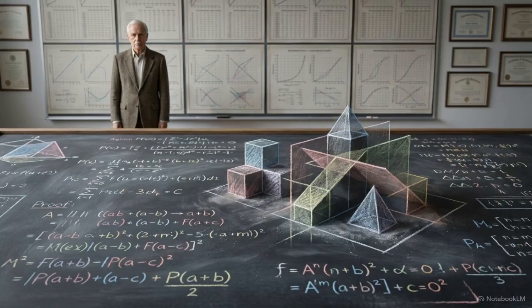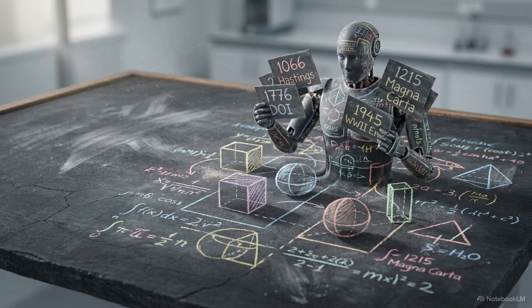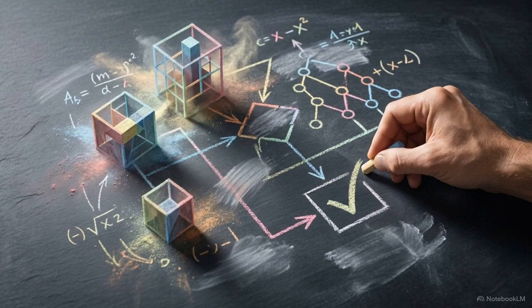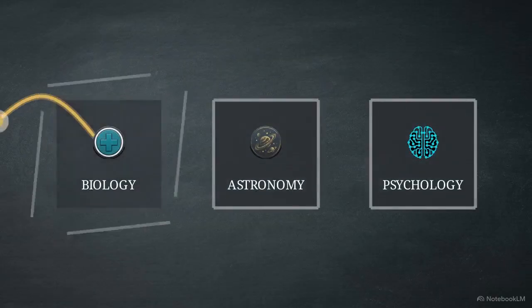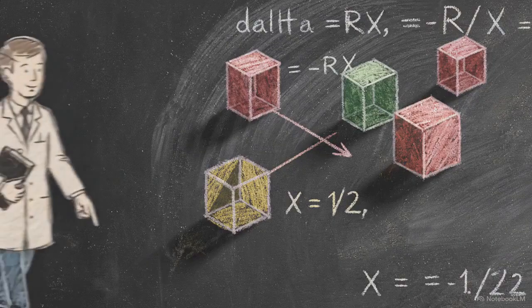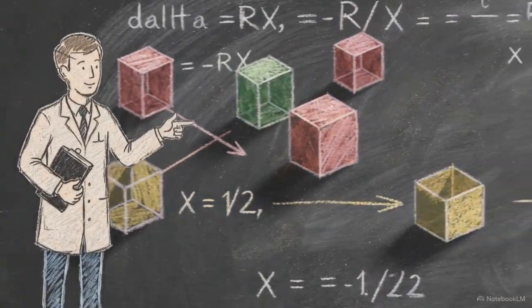This shift suggests a new way to think about expertise. In this framework, an expert is not just someone who possesses a silo of historical facts. Margolin describes the updated role as the exit architect. The primary skill of an exit architect is the ability to construct reproducible, rigorous tests that resolve ambiguity in completely unfamiliar conceptual spaces. A unified language of inquiry provides a way to move beyond the boundaries of traditional disciplines. It offers a consistent methodology for navigating the unknown,